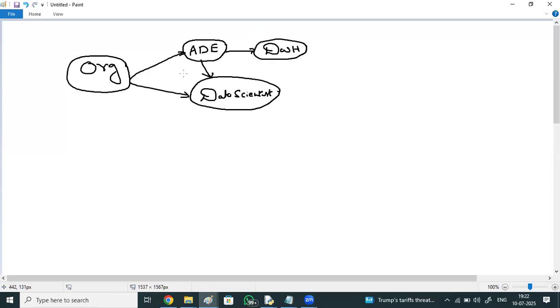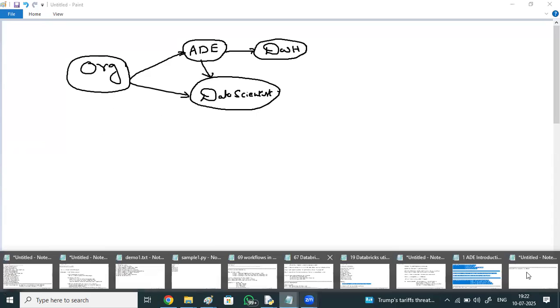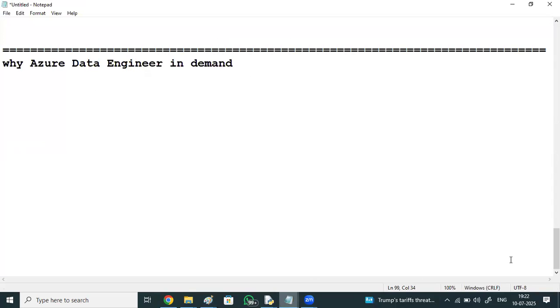He creates a data pipeline through which data is integrated with all the crucial stages of the data flow. He also makes sure that the pipeline is always secure and efficient without any data leaks. So this is the primary role of the Azure data engineer. If you want to see the various other roles of an Azure data engineer, just check it.